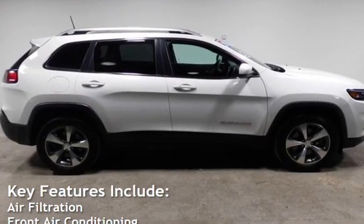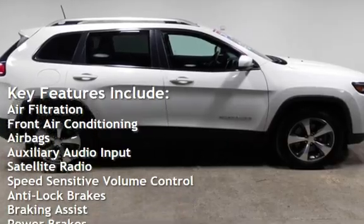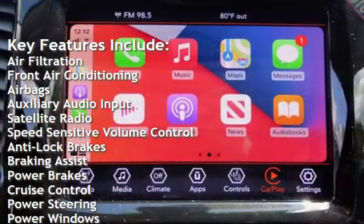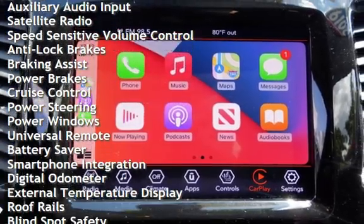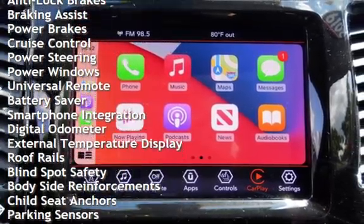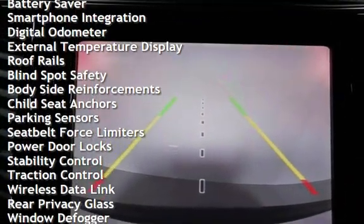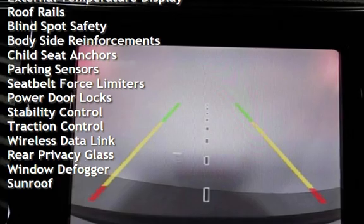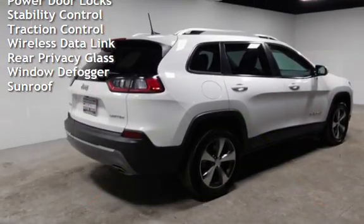Key features include air filtration, front air conditioning, airbags, auxiliary audio input, satellite radio, speed-sensitive volume control, anti-lock brakes, braking assist, power brakes, cruise control, power steering, power windows, universal remote, battery saver, smartphone integration, digital odometer, external temperature display,